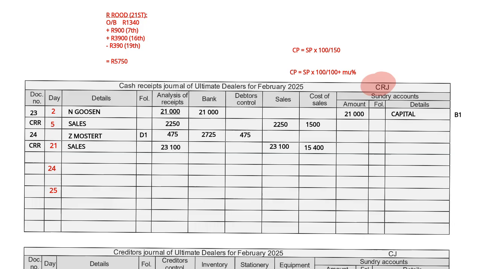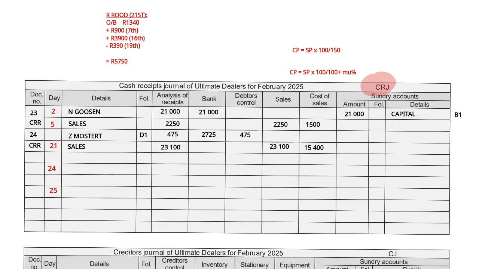We're simply going to quickly scan up, and wherever we see the name Ruud, we're quickly going to get a balance for him. So we know that Ruud started with an opening balance of 1340. We get that from our debtors list on transaction number 1 on our question paper. Then on the 7th, Ruud bought more on credit to the value of 900 Rand. On the 16th, he also purchased more on credit to the value of 3,900 Rand. So we're going to add that to his balance. And then on the 19th, he did a return of 390 Rand. So his outstanding balance up until the 21st is